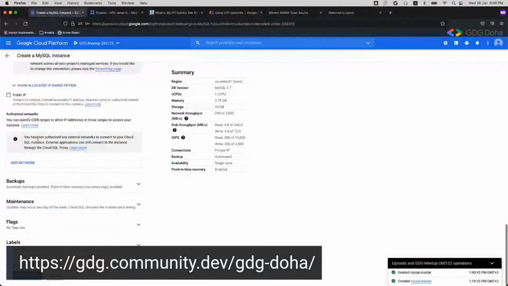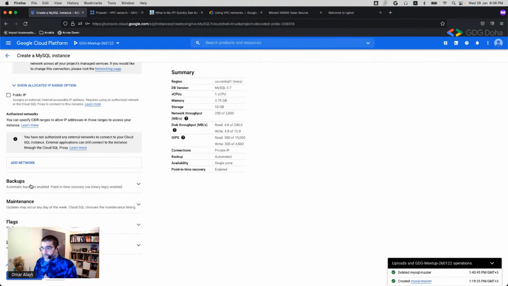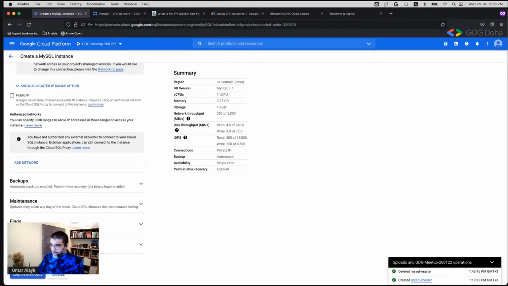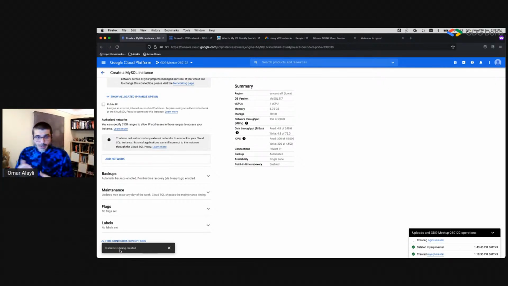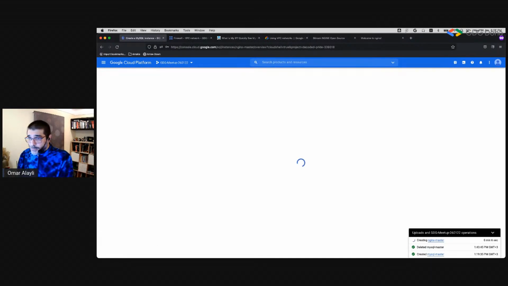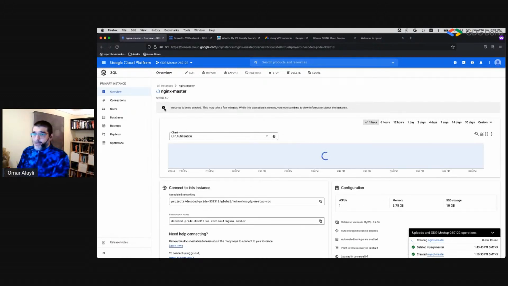So now we have selected all the options. Of course, we have several options to select from as well: backup options, maintenance options. We can specify certain flags before creating the Cloud SQL instance. But for now, I'm not going to do that because we don't want to complicate the scenario a lot. So I'm creating the instance now, and while it's creating, because it will take 5 minutes,